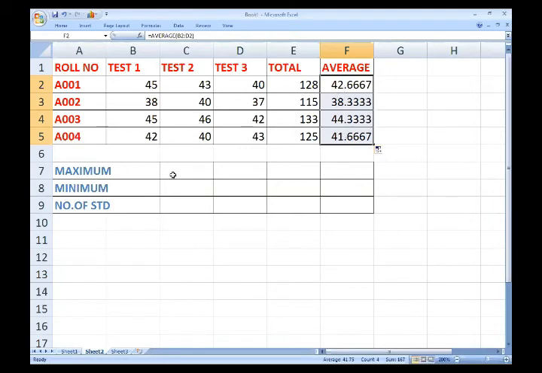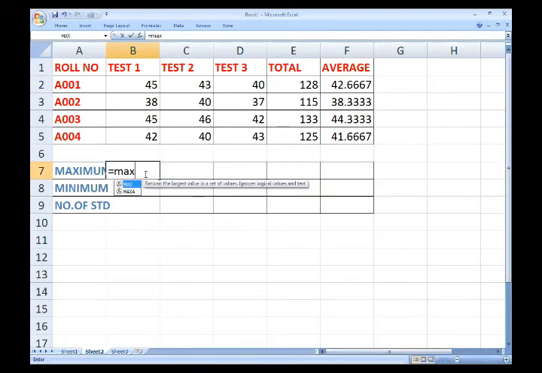Okay, now the maximum number of the first student. The formula of maximum is equals to, and for the maximum you will use the function max only, then open the parenthesis and write the cell address. If you don't want to write the cell address, just select it and drag it. This is the pointing method. It will save your time.